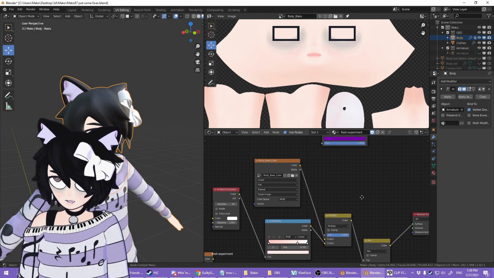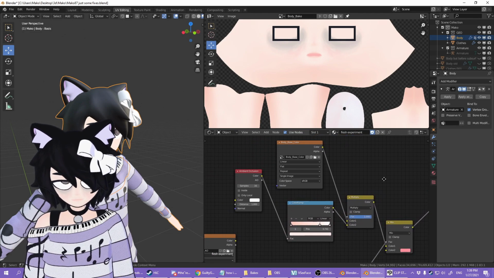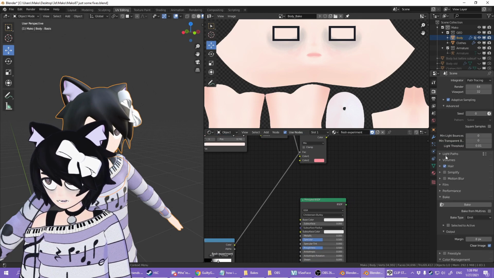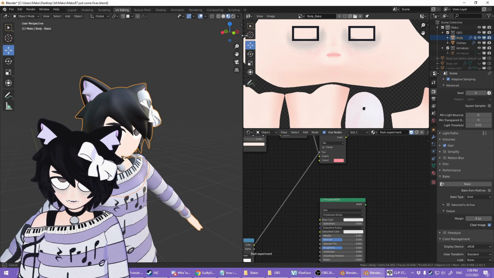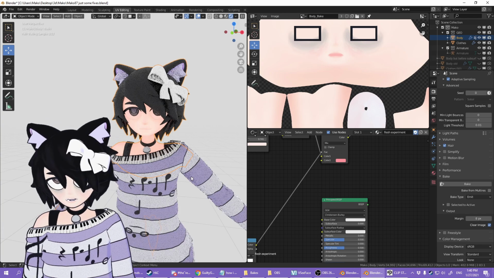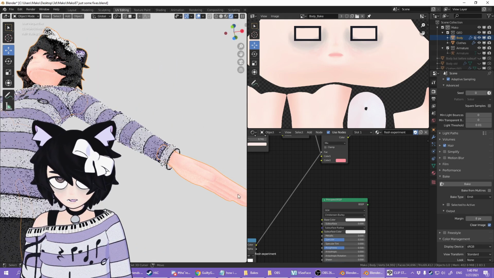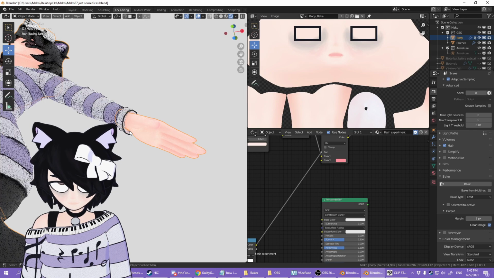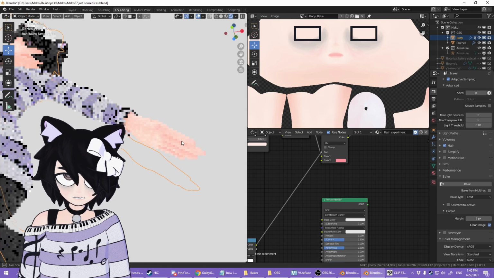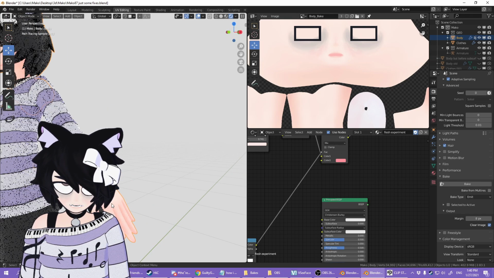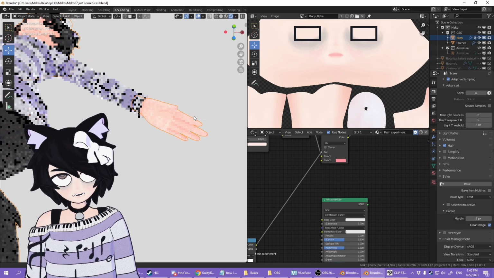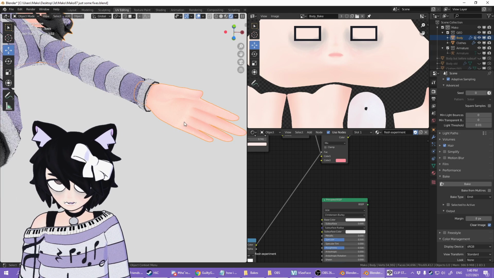I'm bringing it up because it is something I did for my model, and it's something I ran into a problem with when doing it. Here's the thing. Whenever I would render my thing out, I ended up having these super dark shadows. Things were way darker than I wanted them to be. Underneath the hands here, they'd be super dark and red, and it would look really weird, because I don't want that to always be dark. I want it to be the same general shade as this. I only want the darker red areas in between my fingers right here. That's a good spot for that.